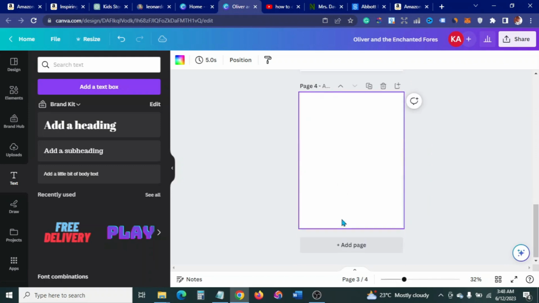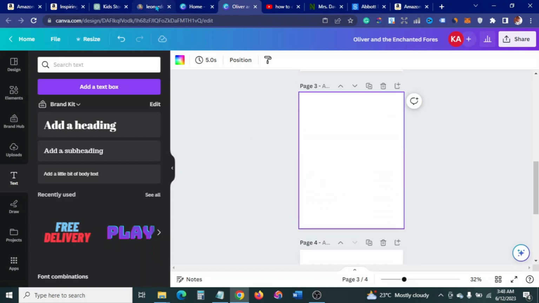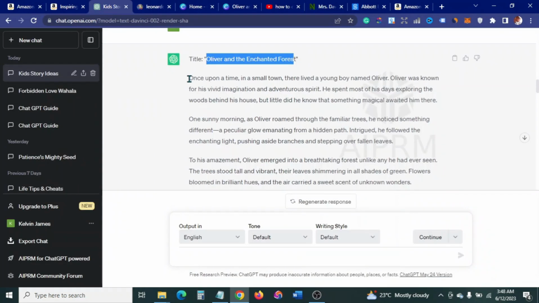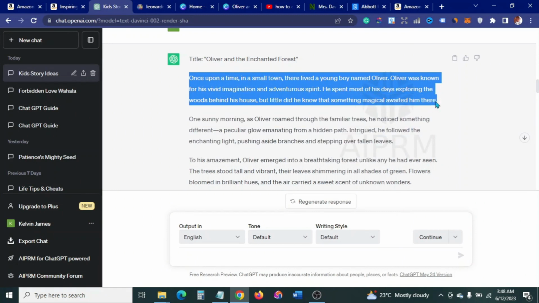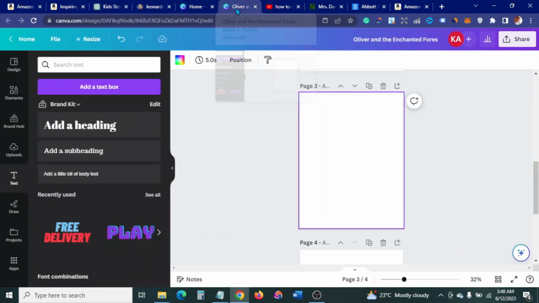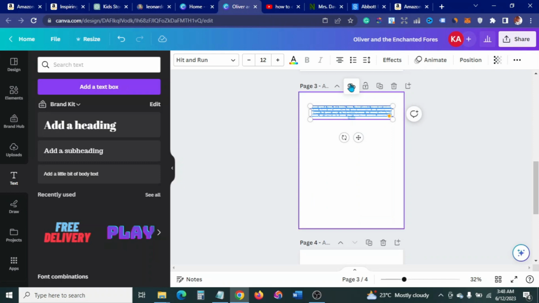Okay, so quickly, I'm just going to copy some of the text on ChatGPT. So I'm coming here. So let's see, I'll copy this first part. I'll copy this part here. I'll copy this and return back to Canva, and I'll paste this here. Okay, so this will be maybe somewhere here. All right. Okay, so somewhere here like so,